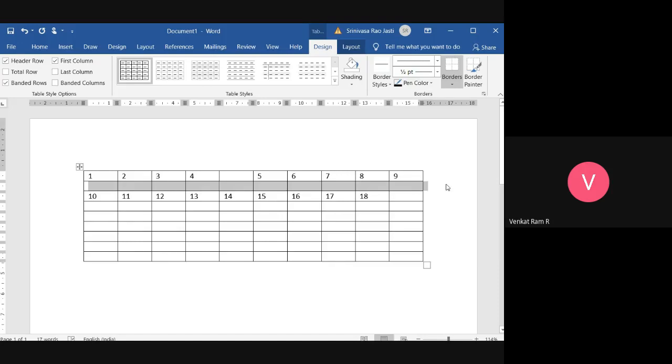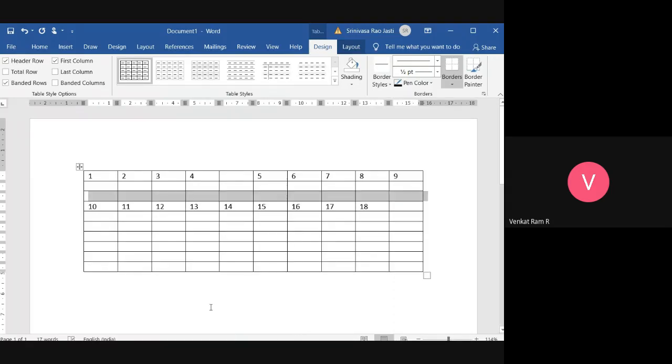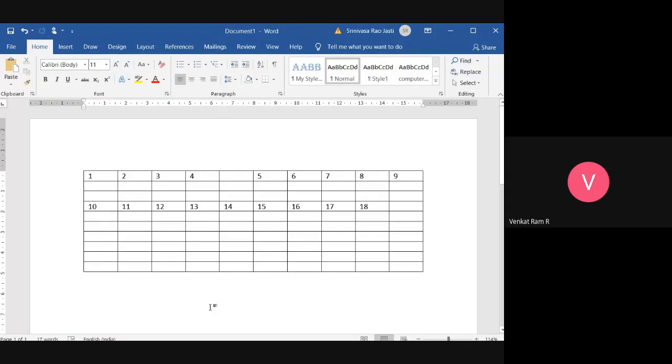And if you want a row below, go to Insert, insert rows below. This is how you insert rows and columns in between. No need to delete the entire table. Just use this option if you miss anything.